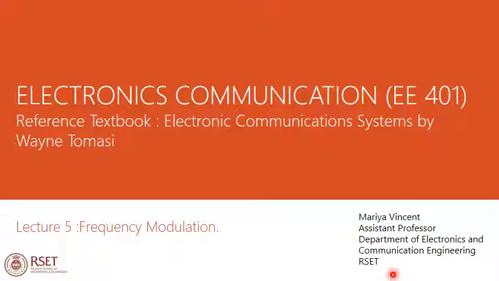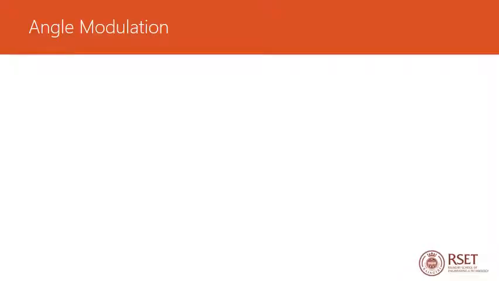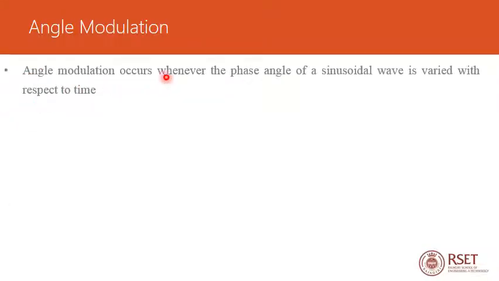Today I will be discussing the topic frequency modulation, which comes under the course Electronics Communication for S7 EE students. Before going into the details of frequency modulation, first of all we want to consider angle modulation. Angle modulation occurs whenever the phase angle of a sinusoidal wave is varied with respect to time. As with amplitude modulation, in angle modulation also the carrier signal is always a